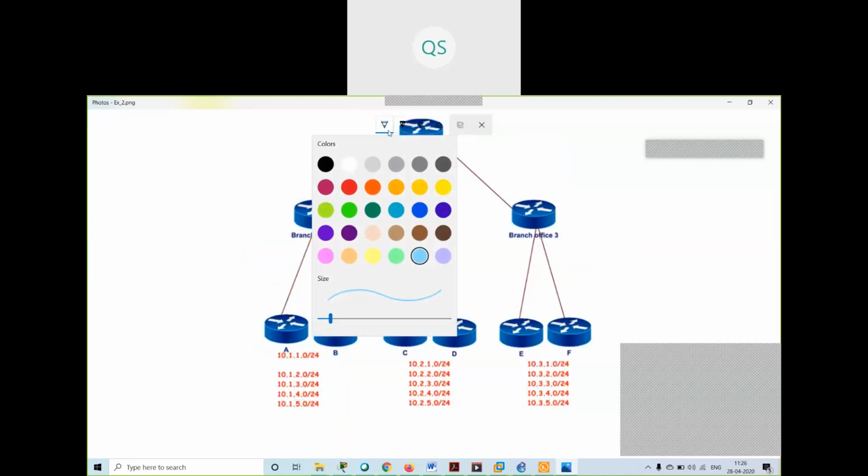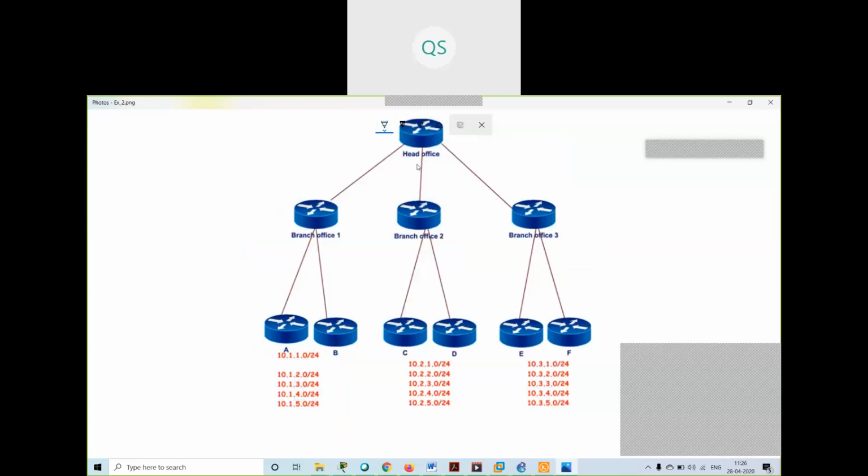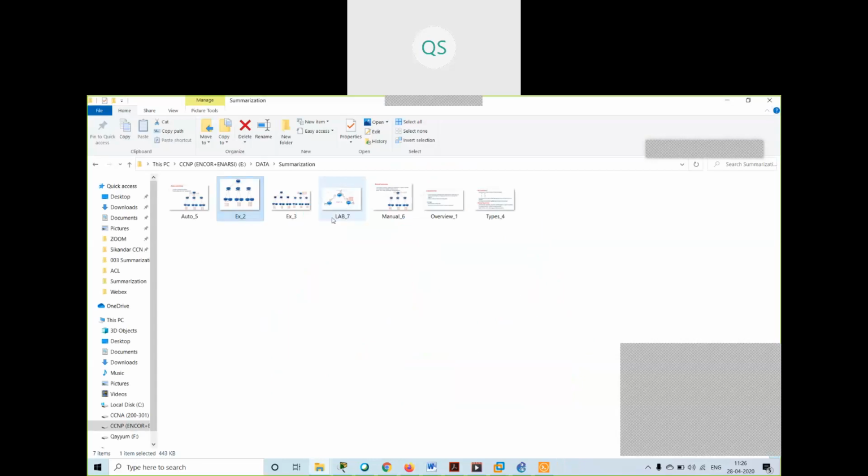Because I'm using summarization, my routing table is very short because I'm getting only three routes. Understood? So in this scenario, you can use the summarization. You have to use the summarization in this scenario. Got it? Any doubt?